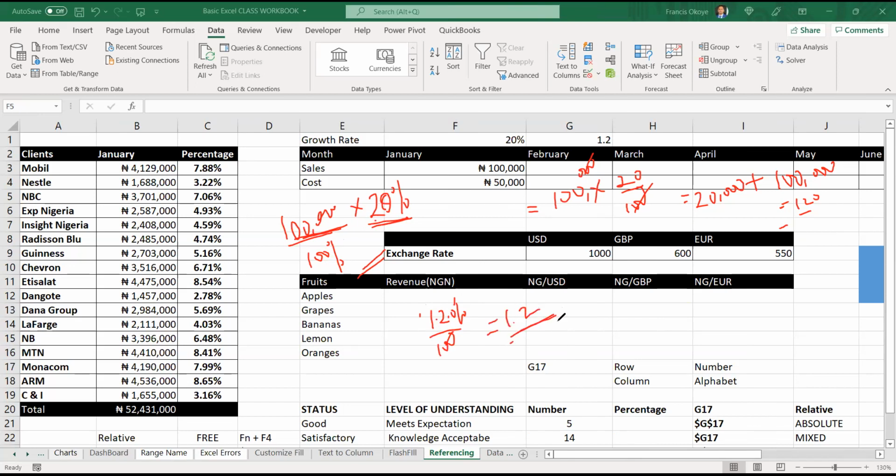For those who can see, if I say increase by 5%, what will it be? 1.05. If I say decrease by 5%, what will it be? 0.95. Beautiful. Can we all see this one? Yes, sir. So once you can see that, this is arithmetic from primary school. It has nothing to do with Excel.